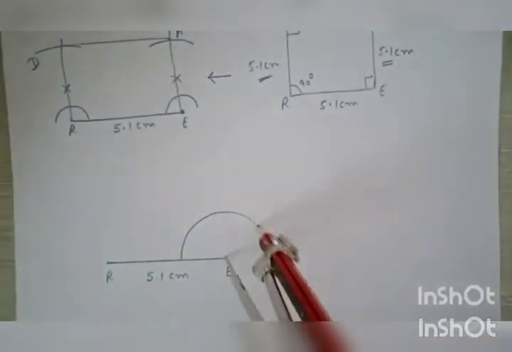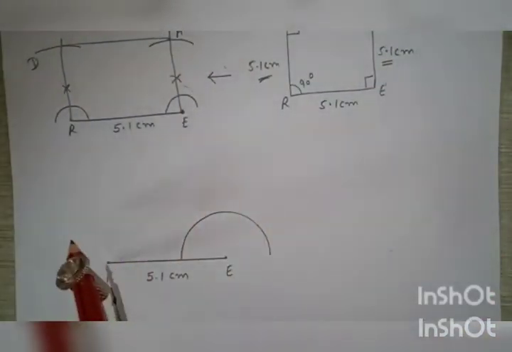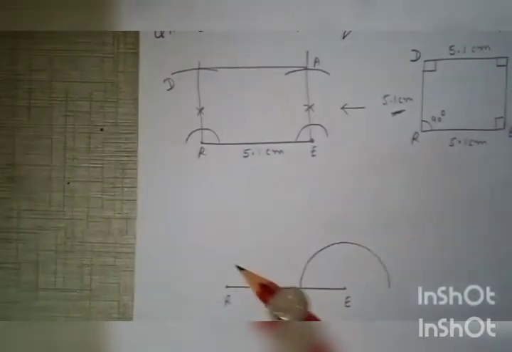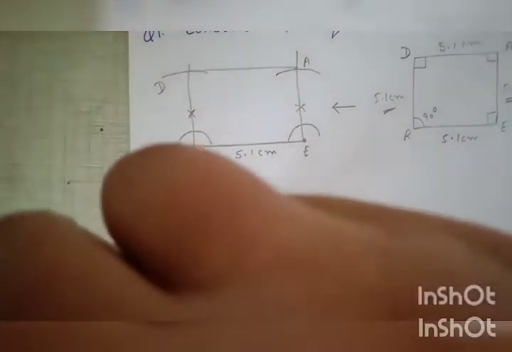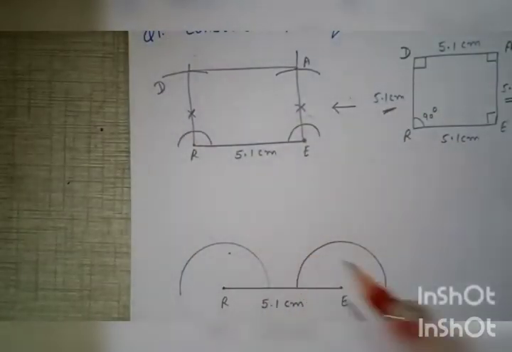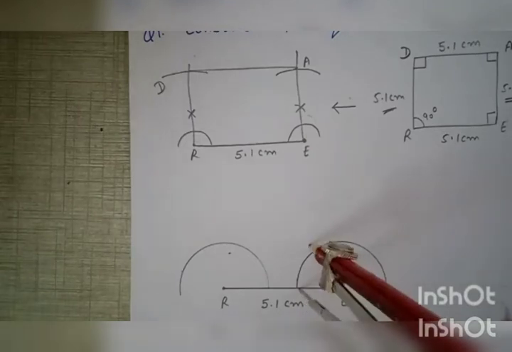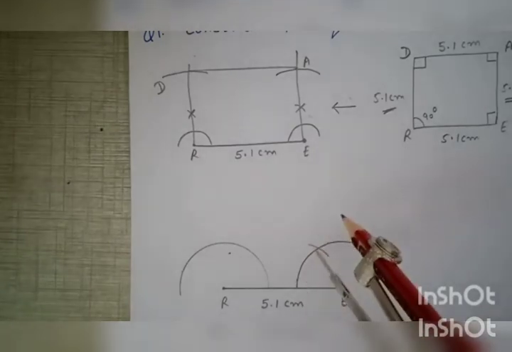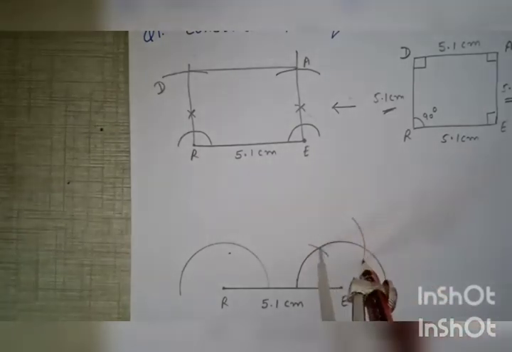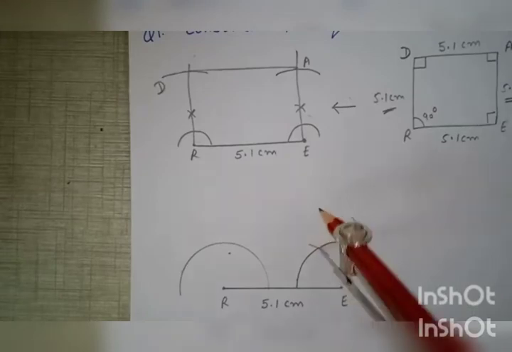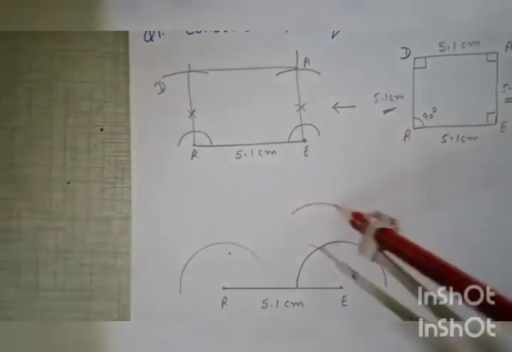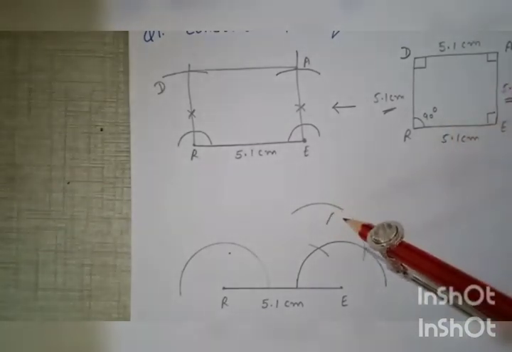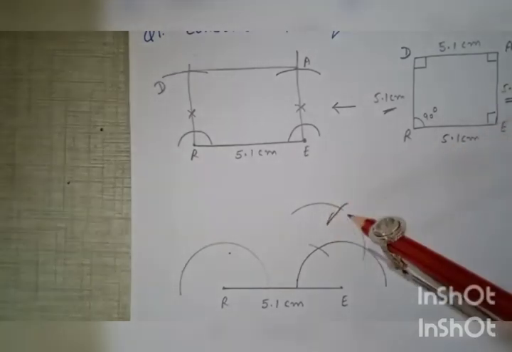Because we have to construct 90 at both the ends, use same compass, same size of radius and draw an arc at R also. Then, keeping compass at one corner and without changing the compass, draw an arc, it is 60. From 60, draw one more arc, it is 120. From this 60, draw an arc and from 120, cut this arc. So this angle is 90.